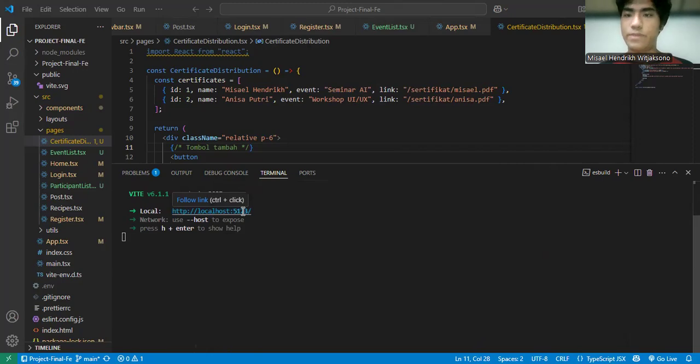Okay, the certificate has been successfully downloaded. I didn't make the certificate design. This is just proof that all my programs work. So yeah, I put event, participants, certificate distribution.